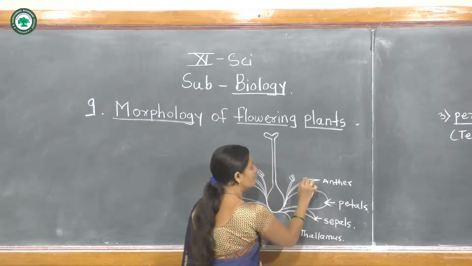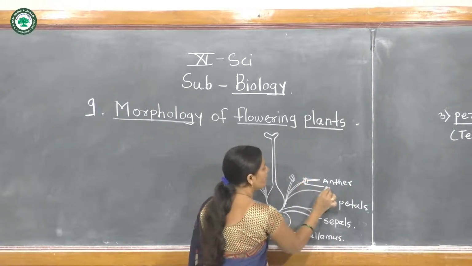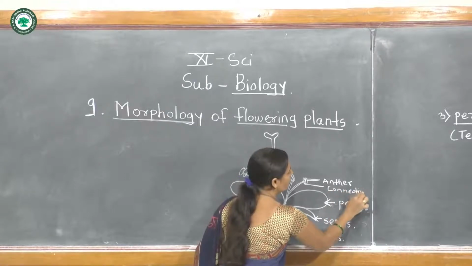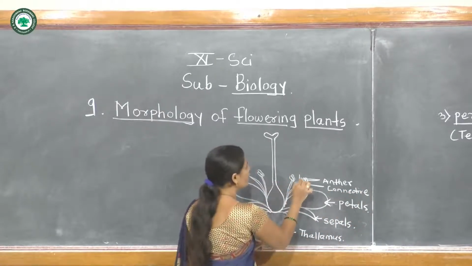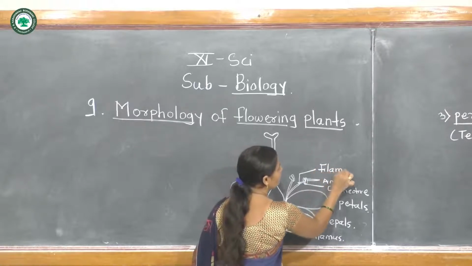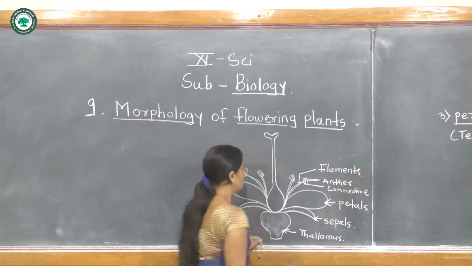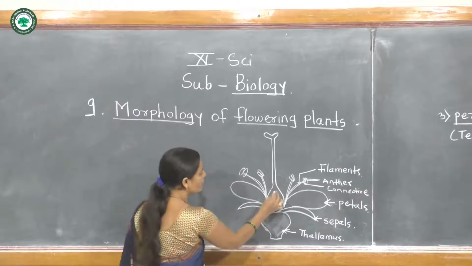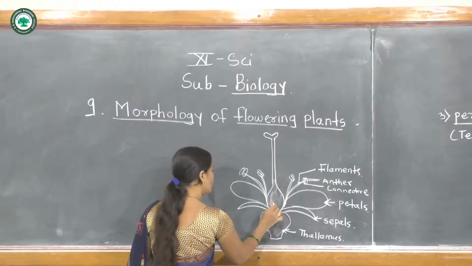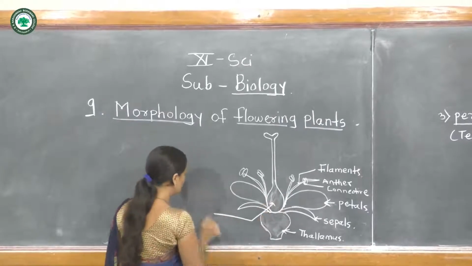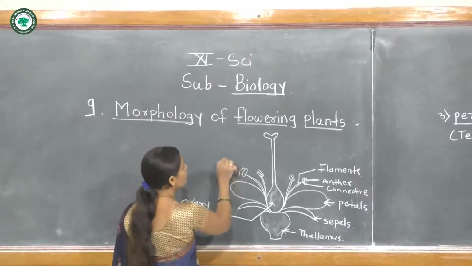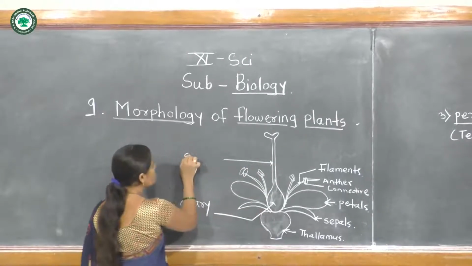These two anthers are joined by the middle part, which is called the connective, and this other part is called the filament. The next part of the flower is the female part, or female structure, of the flower. This is called the ovary. This part is called the style,